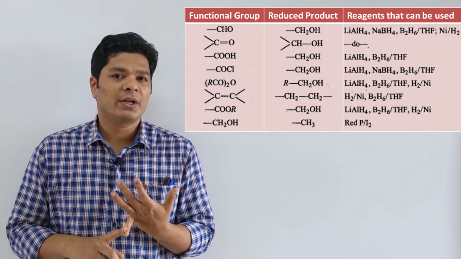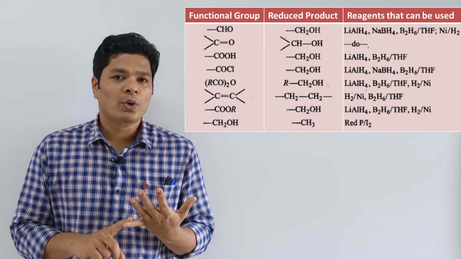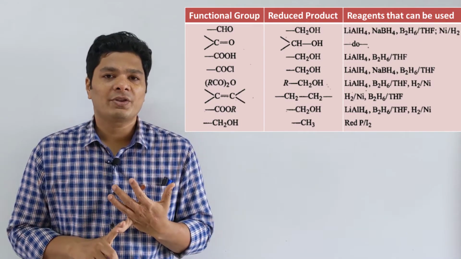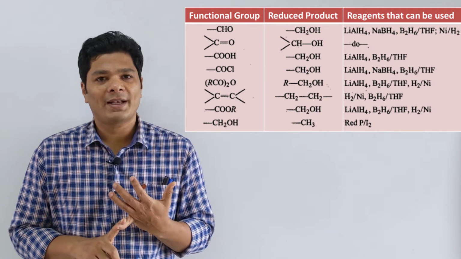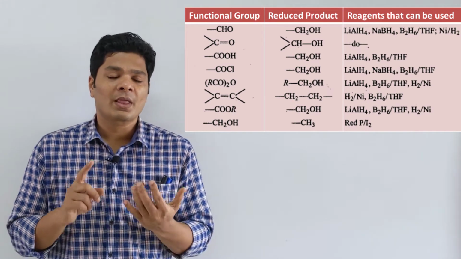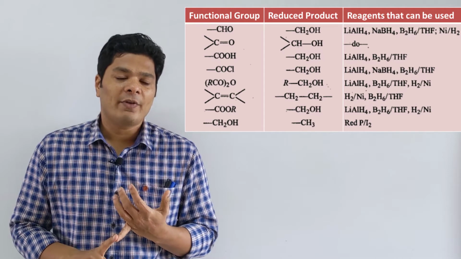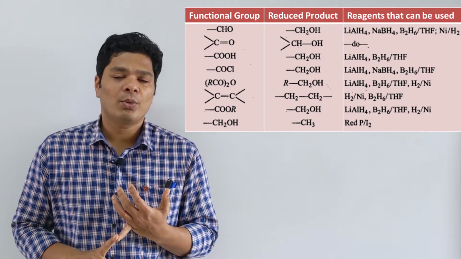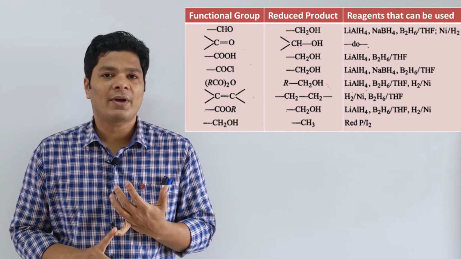So here you see that the major problem with a metal hydrogen catalyst like nickel or palladium or platinum in getting an alcohol is that the nickel, palladium or platinum will also reduce a double bond to a single bond. We have seen this in synthesis of alkanes from alkenes and alkynes. Now this will present a problem when you want to convert your carbonyl compound into the corresponding alcohol and there is a double bond present as a functional group somewhere else in that given molecule.